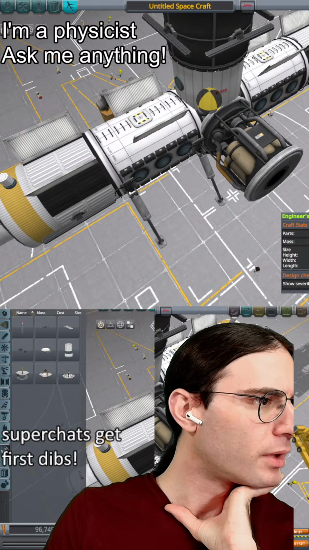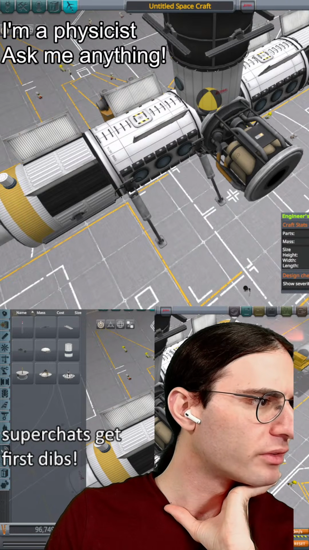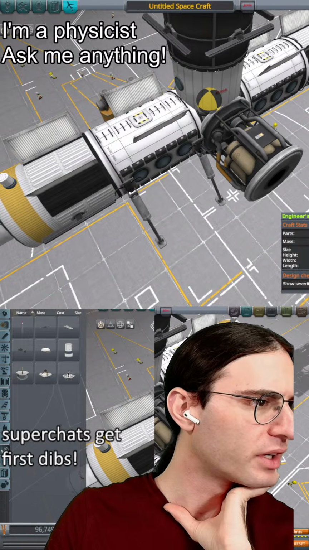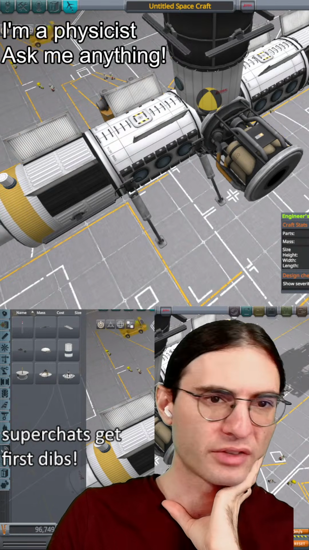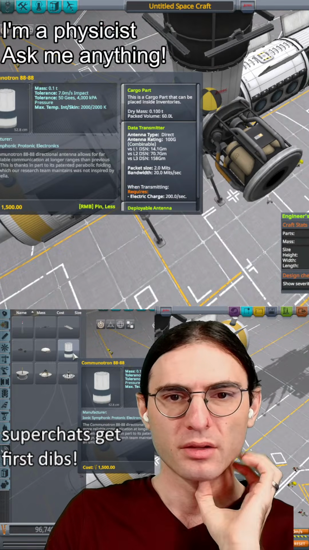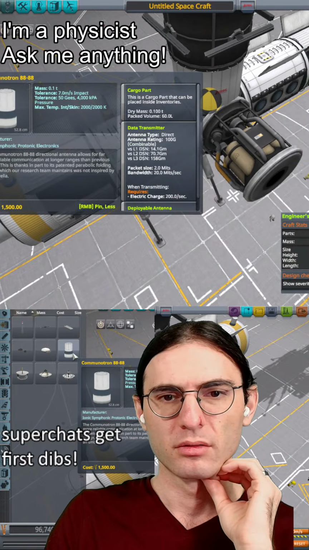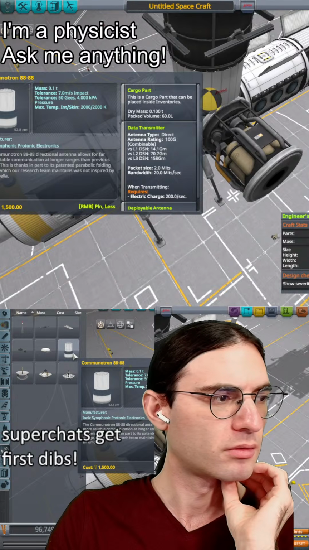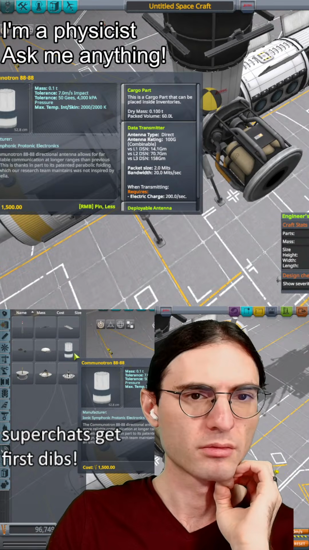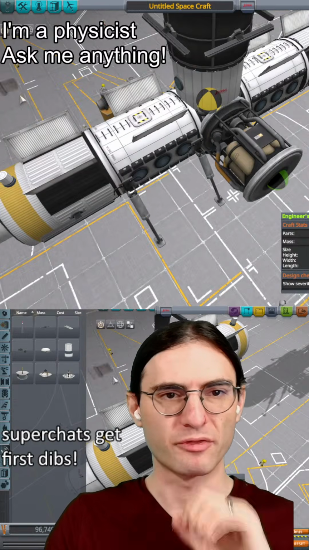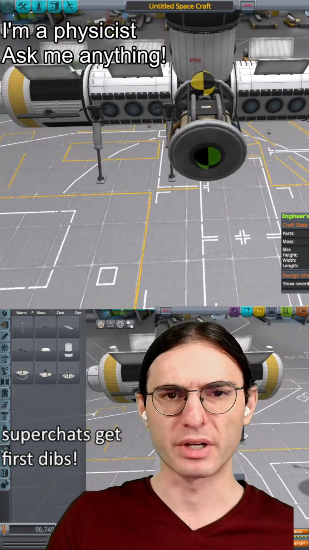So double the antenna does not double the range. Oh, you just put multiple on. Okay, that's fine. I'll just put a few more. I actually don't know how far away Lathe is, but